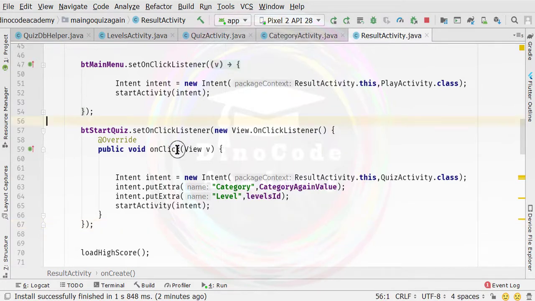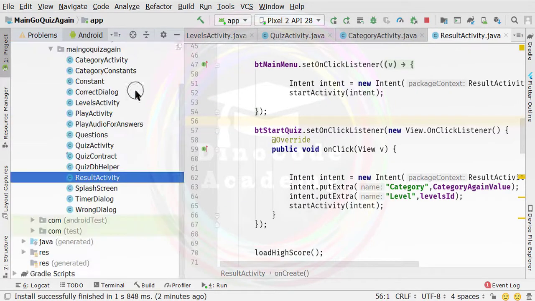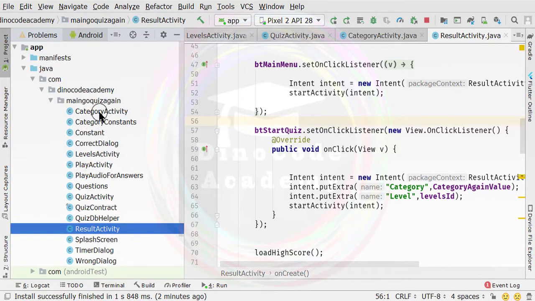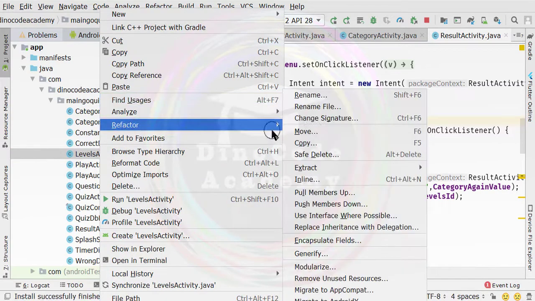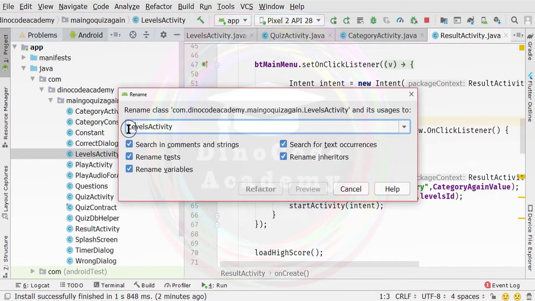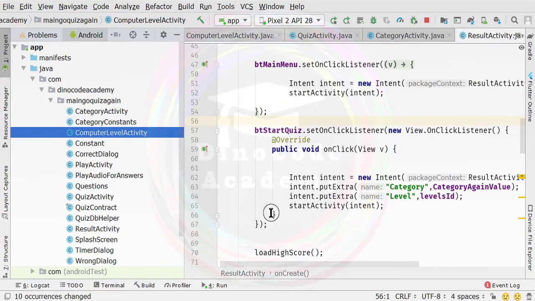For creating these categories, I'm just going to copy and paste the code. So this is our levels activity. I'm going to refactor this level activity to computers levels activity. I'm going to specify computer here because, as I already told you, we need to create a separate file, computer level activity. Because if I use the same level activity, then it will update the UI, and then if